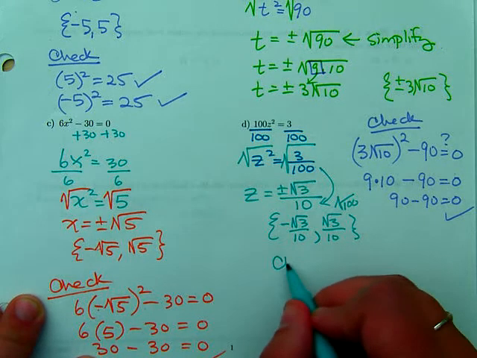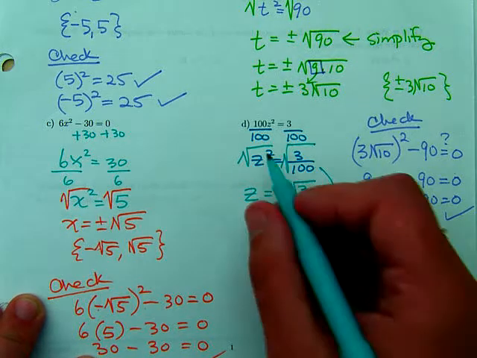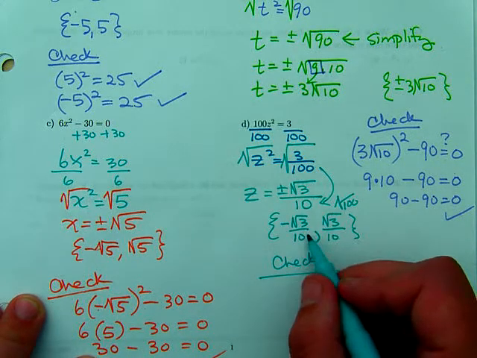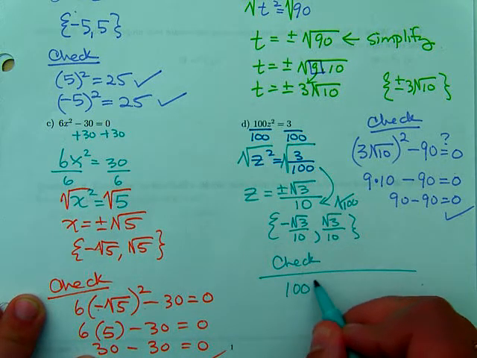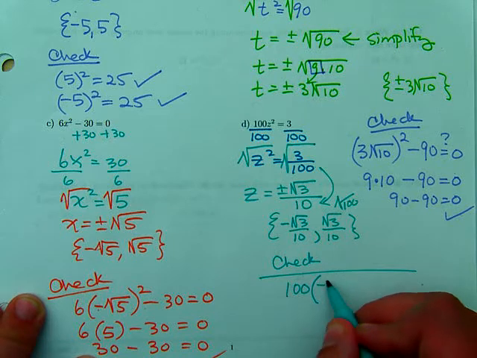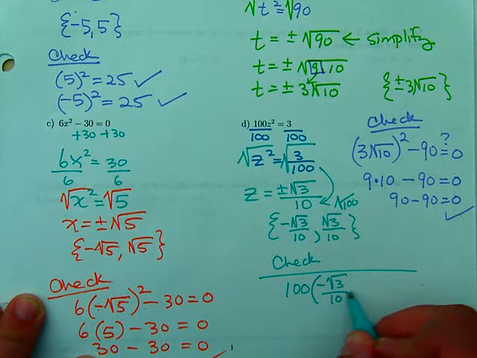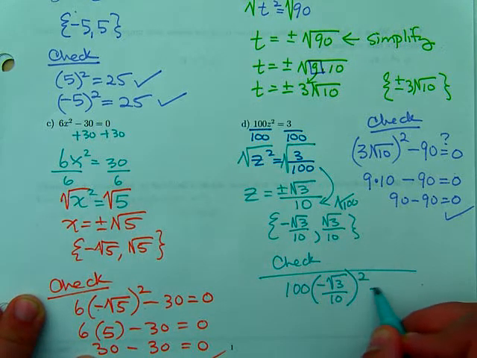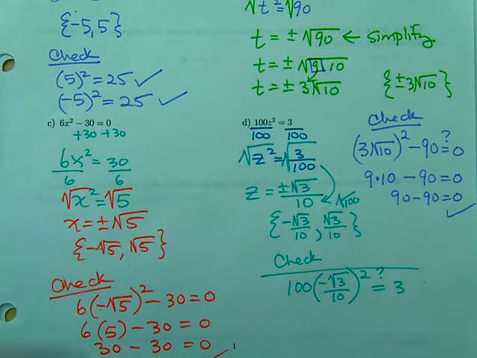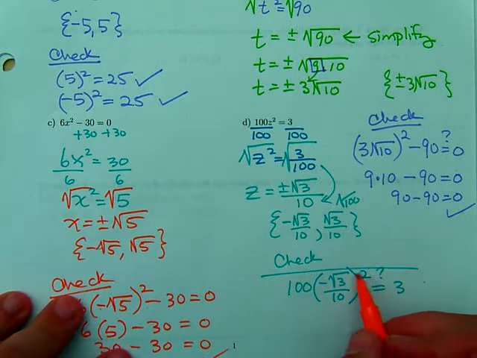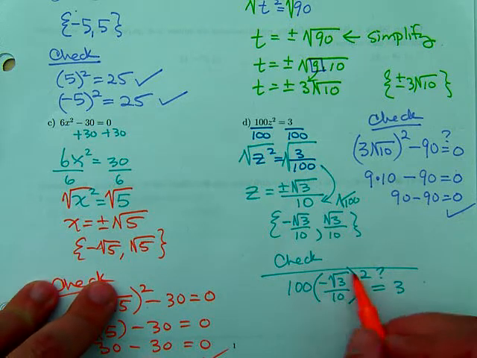And then we can check. To save time, I'm just going to check one of them. So I'll check the negative. 100 times negative square root of 3 over 10 squared. Is that equal to 3? So the magic is in the squaring here. So we're going to square first. When we square this,